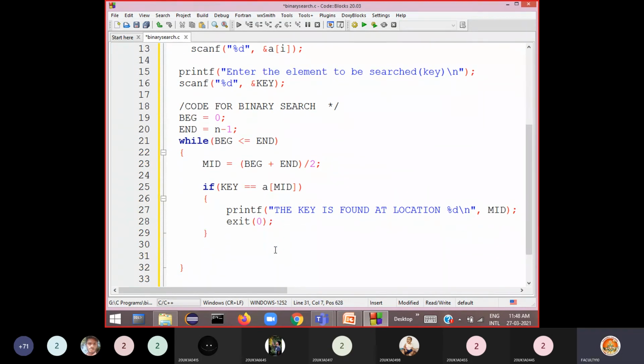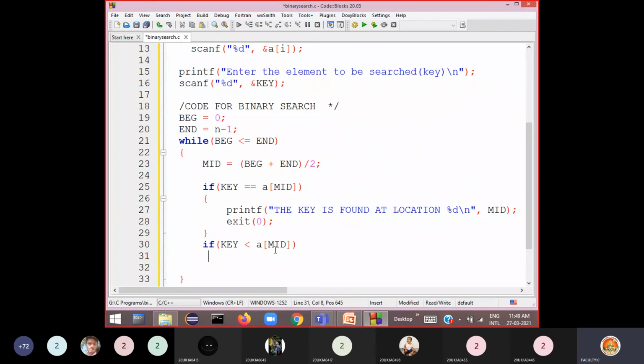Otherwise, if that is not the case, then you check if your key is less than a of mid. If your key is less than a of mid, what does it mean? That means the key element can be found only in the left half of the array.